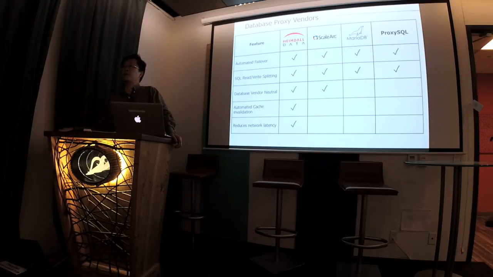What read-write splitting means is that unlike HTTP, which is stateless, databases obviously are stateful. So when there's a write query, it needs to go to the write server, and the read query needs to go to the read server. So the application needs to know how to route it correctly. What these database proxies do is route the queries to the right servers for you, so that